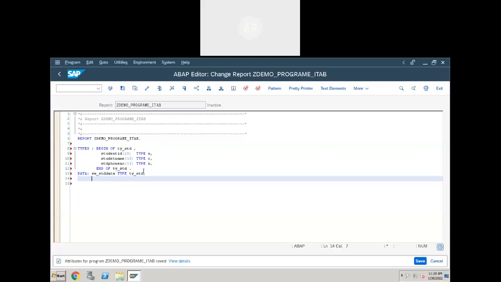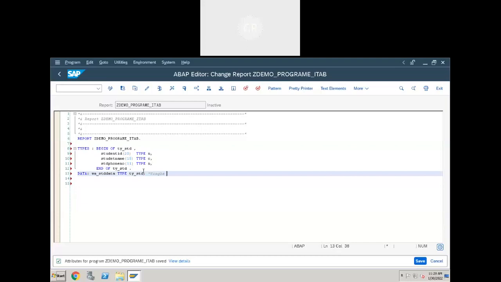So what is the difference between work area and internal table? Work area holds only a single record in program runtime, right? It is temporary. Yeah, temporarily it can hold a single record. But what is an internal table? It can hold multiple records in the program runtime. What is the